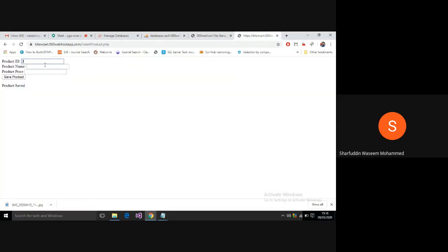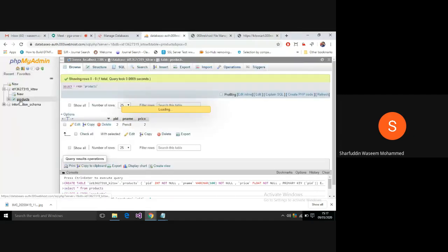So I give product 3, like some laptop. Product price is 60,000. Okay, save the product. Then I need to check whether values have been inserted or not. Then you can write another program which visualizes it. You can write Ajax to display the product details after every save. Refer to the Ajax tutorial to see how the code should be. Whenever I click on save product, immediately it should retrieve the product details from the database.